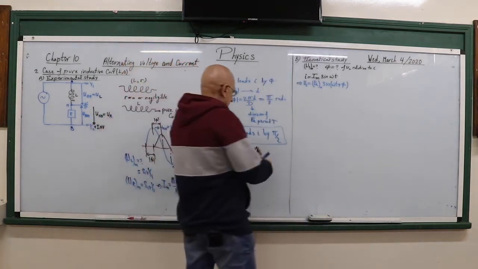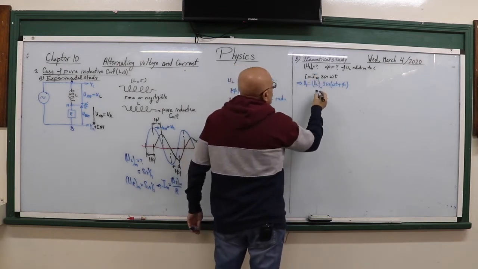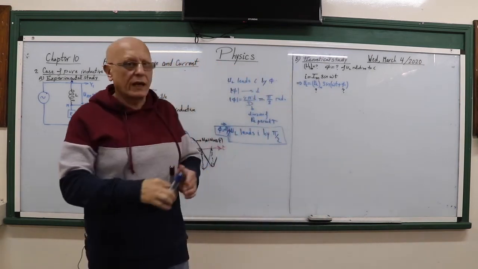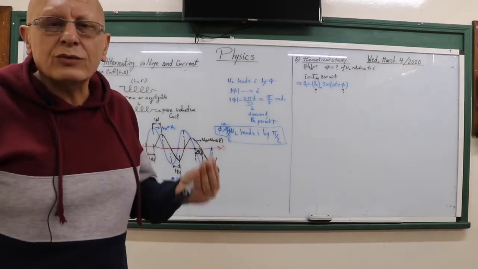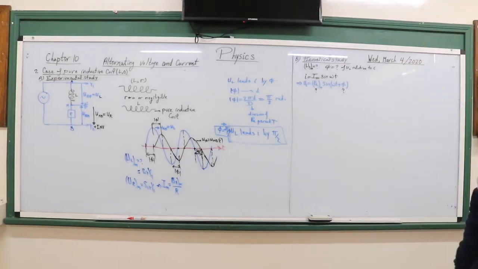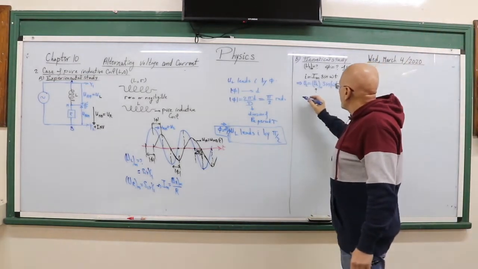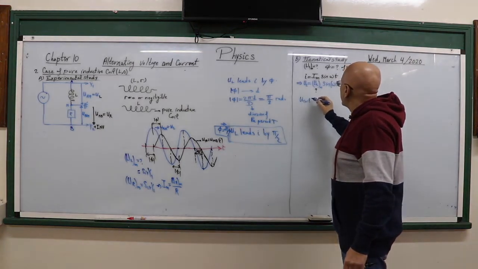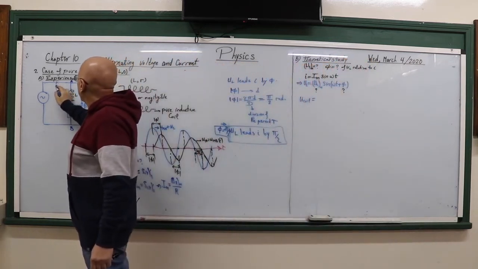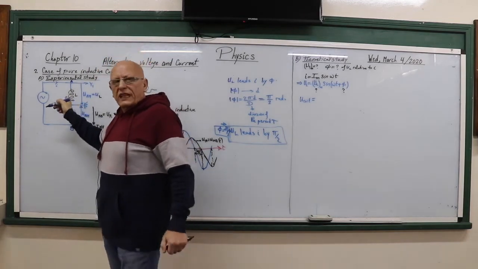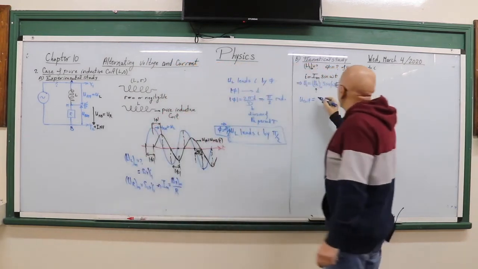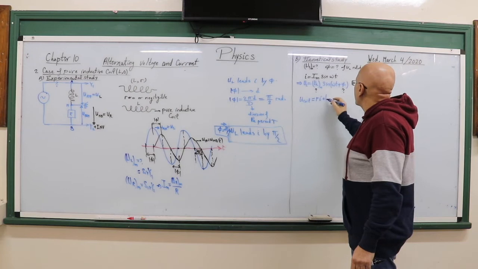And as I said, I want to find UL maximum and phi. How to do this theoretically? Whenever we are talking theoretically, this means that I need a formula to start with. And as you know, when a current I flows through a coil, the phenomenon of self-induction takes place within the coil, and so the voltage across the coil will be Ri plus L